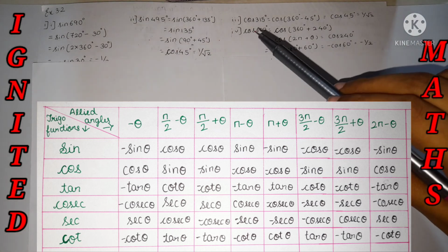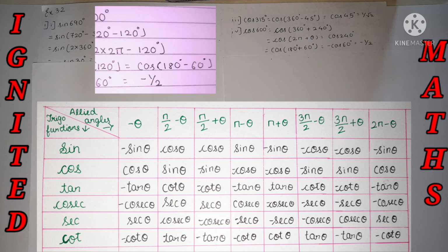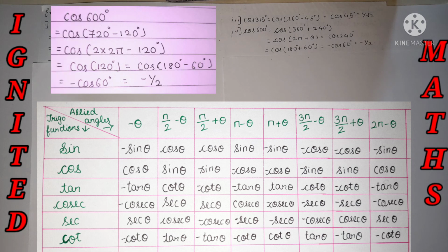It's nothing but cos 600 degree. So again, it's greater than 360 degree. Take a multiple of 360 degrees. While doing it, at first I tried with cos of 2 into 2 pi, that is nothing but 720 degree. With that relation I have seen that in both ways we will get the same answer. I have already tried it, so please cross check it.